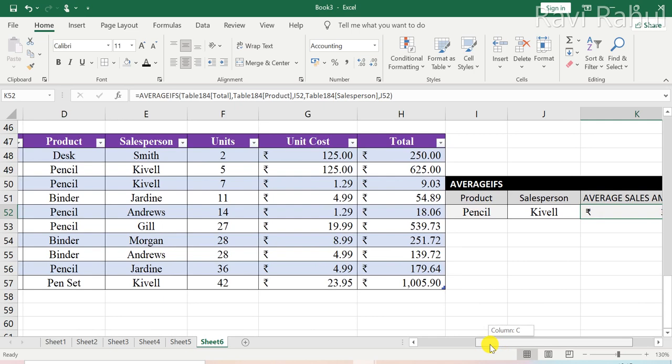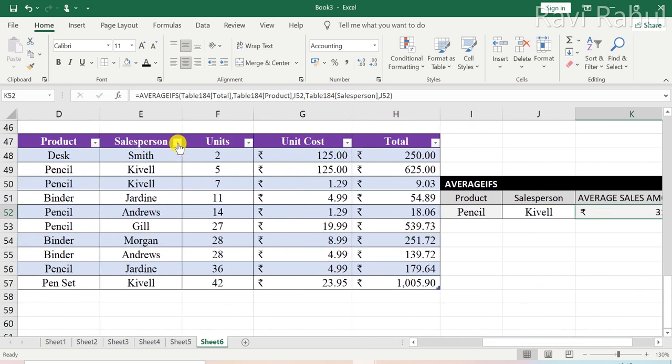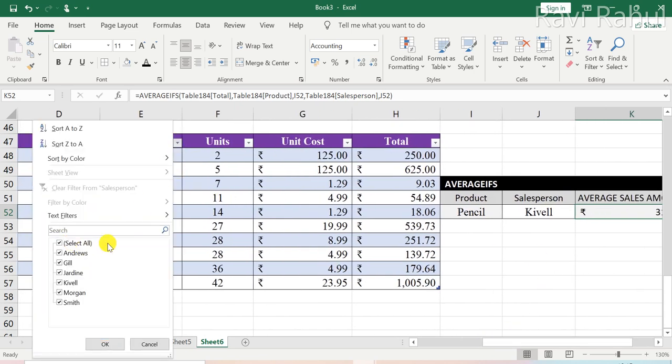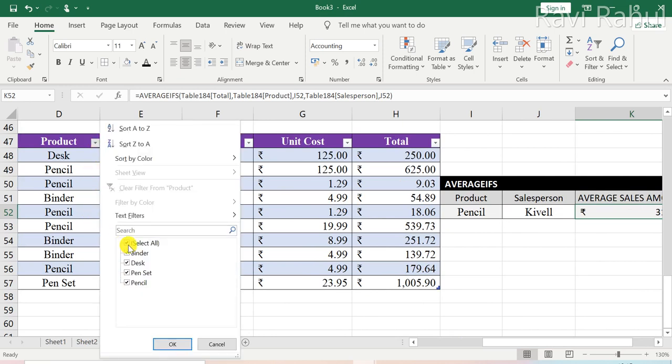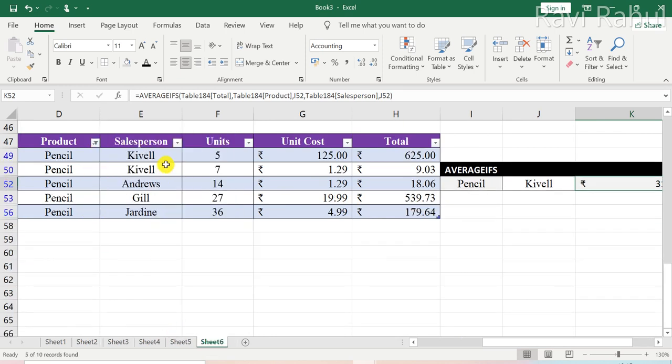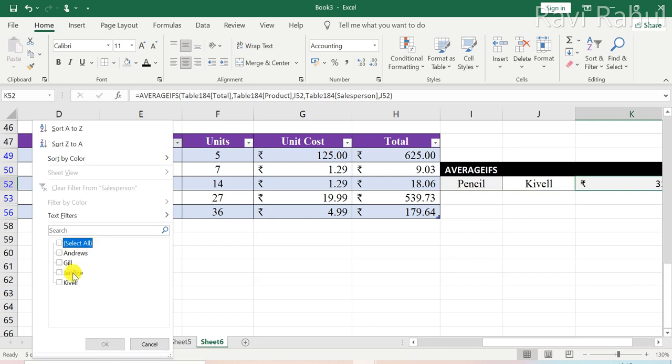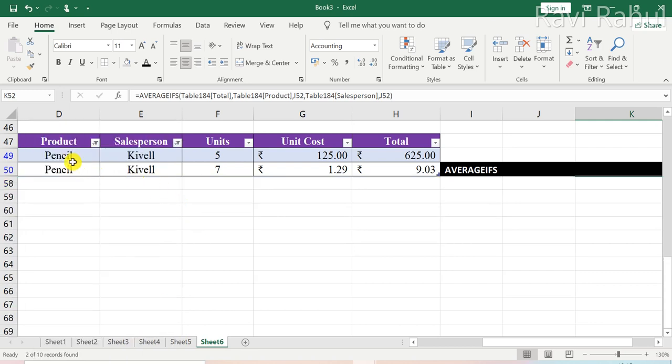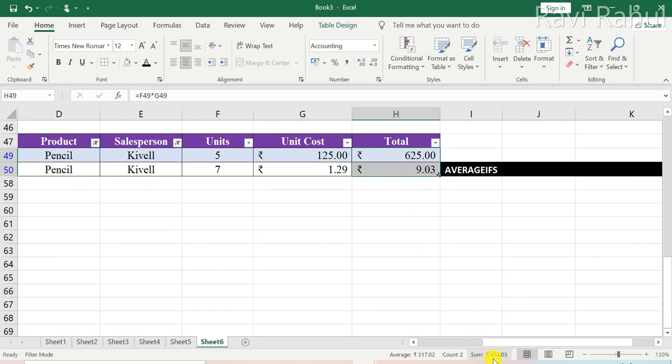You can manually check it. I have taken Kevil. First of all, select pencil, and the salesperson should be Kevil. So we have two entries, and the total sales generated is 634 rupees and 3 paise.